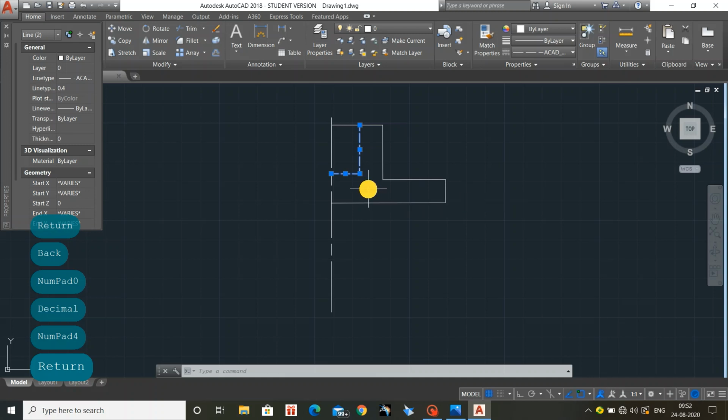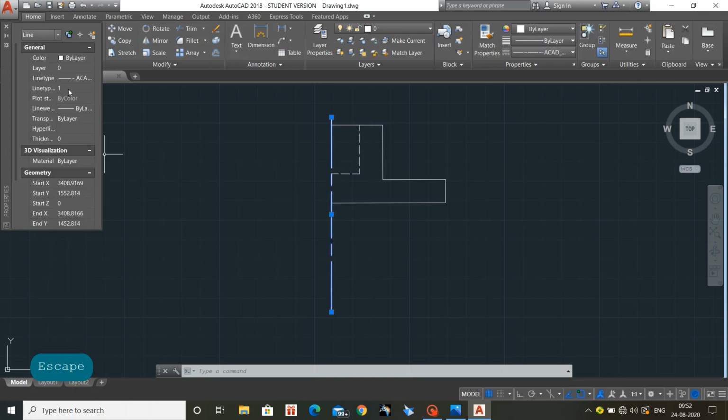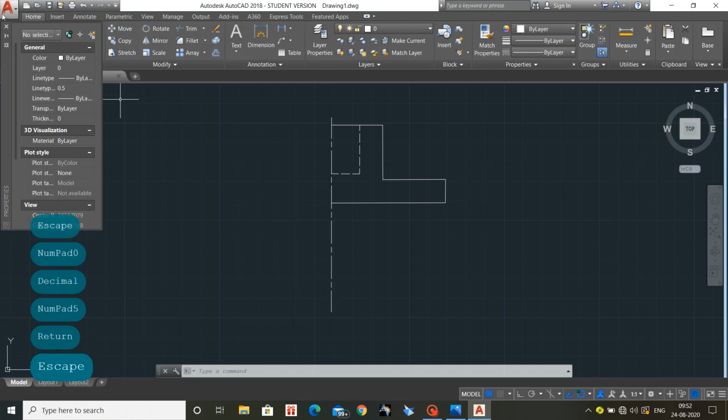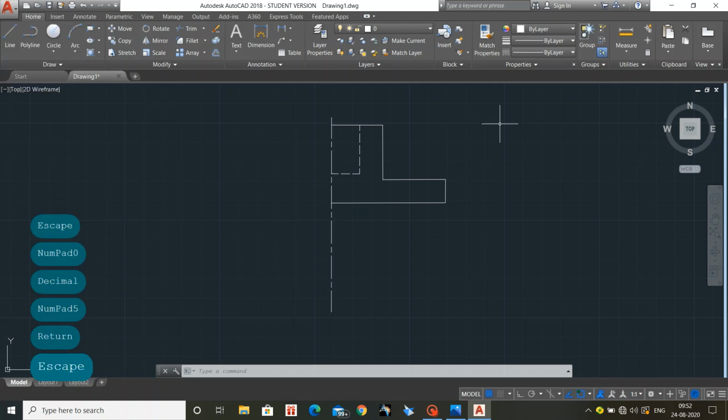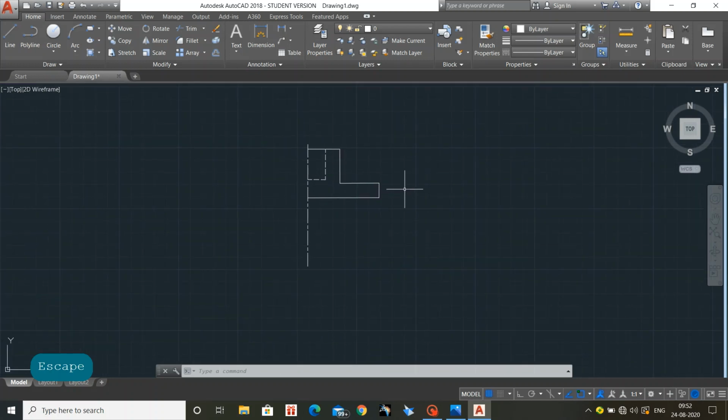So see there. And as well as I am reducing the axis line type also. So I am reducing it to 0.5. See, it's fine now. So it is easily visualized the axis line, dash line and the complete line, our drawing line.